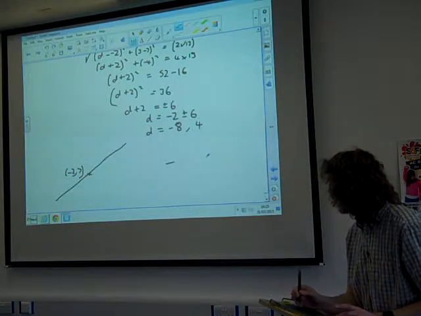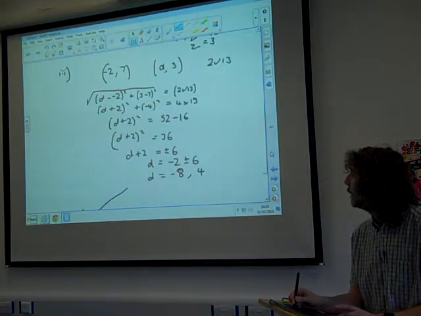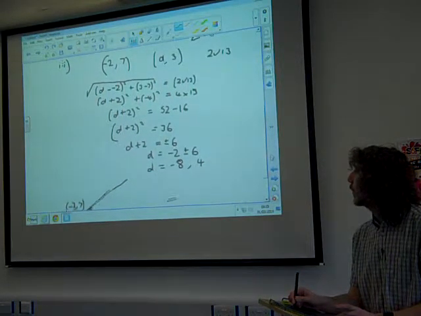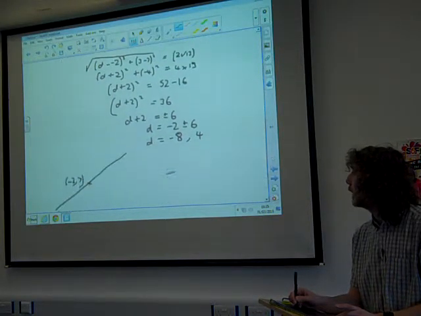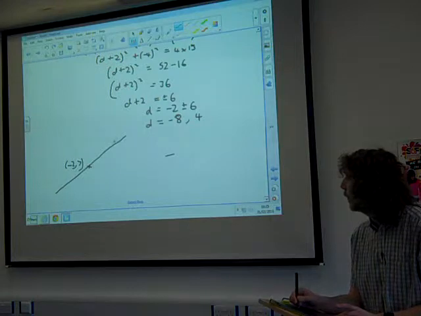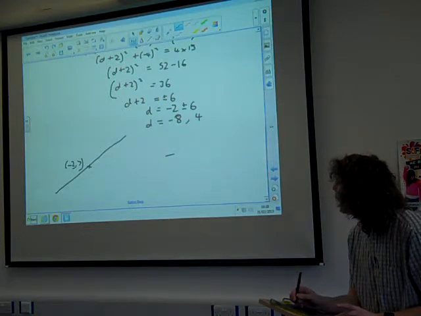And we're told that there is another point that is 2 root 13 away with y coordinate 3, or with coordinate 3, hang on. And we want to find, so we've got another point,